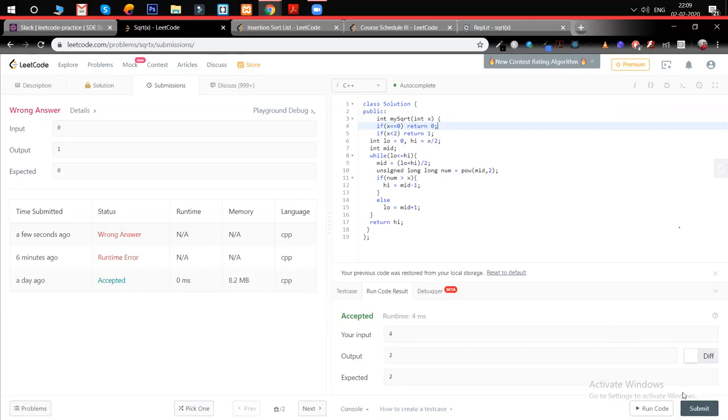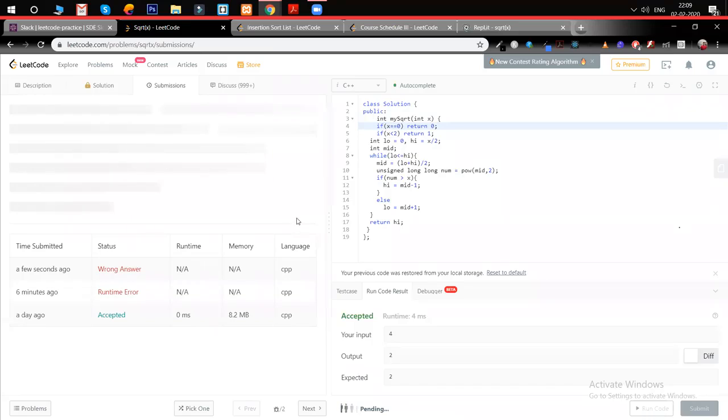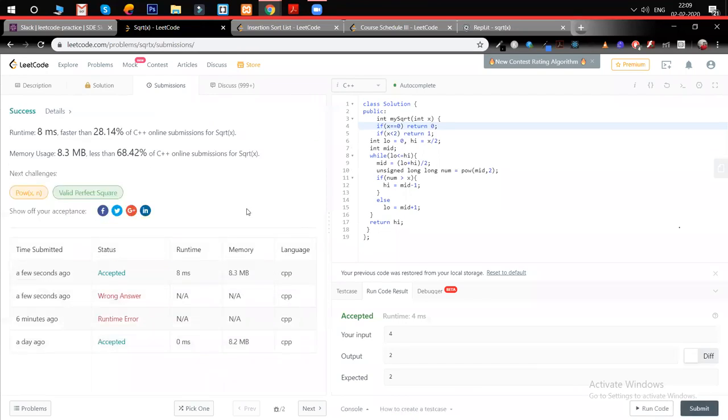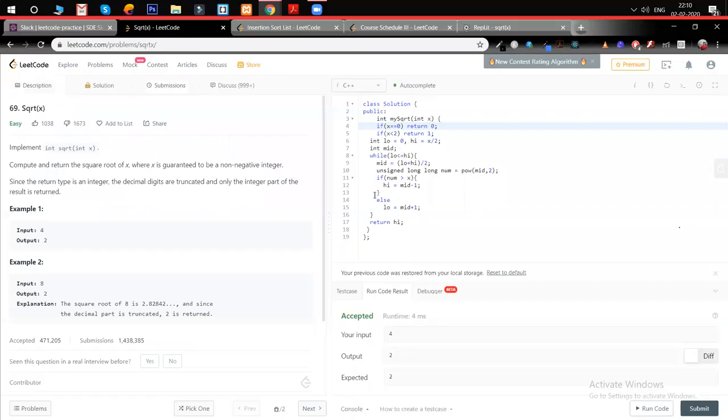What's the output when x is equal to 1? Oh, you have handled it specially. But the thing is, when we are saying high equal to x by 2, then basically we are saying if we don't handle it in a special way here, that is wrong, I guess. So if I keep x like this and I don't divide it by 2.